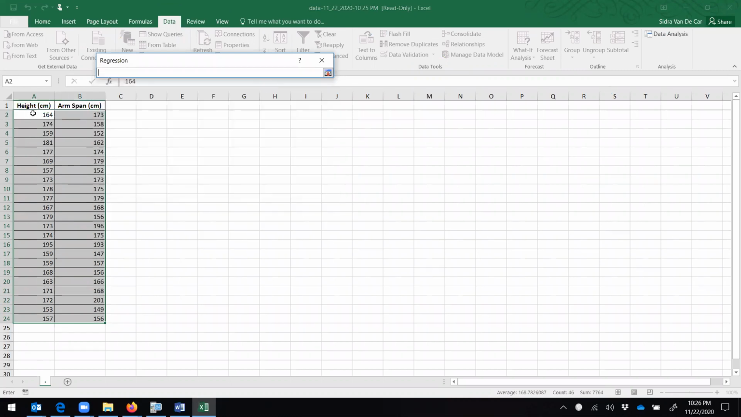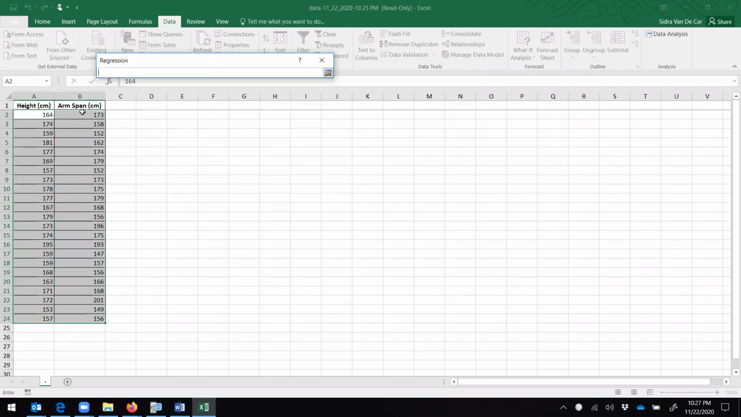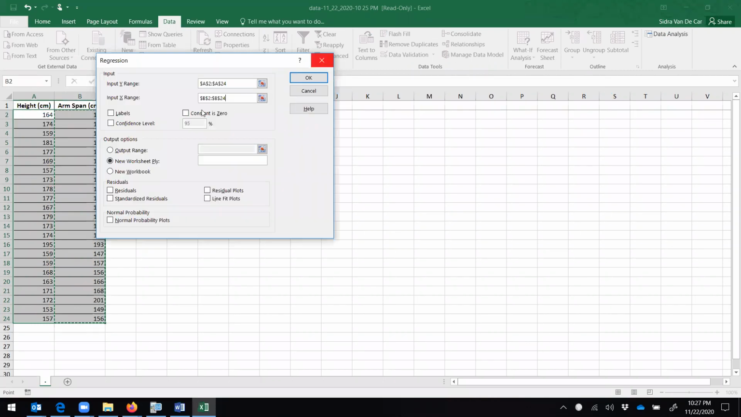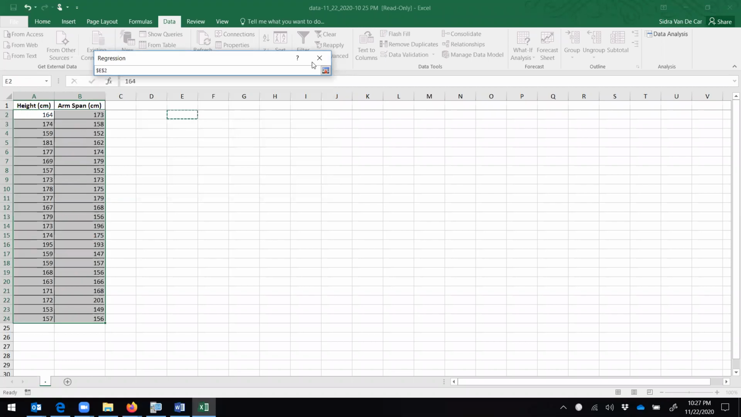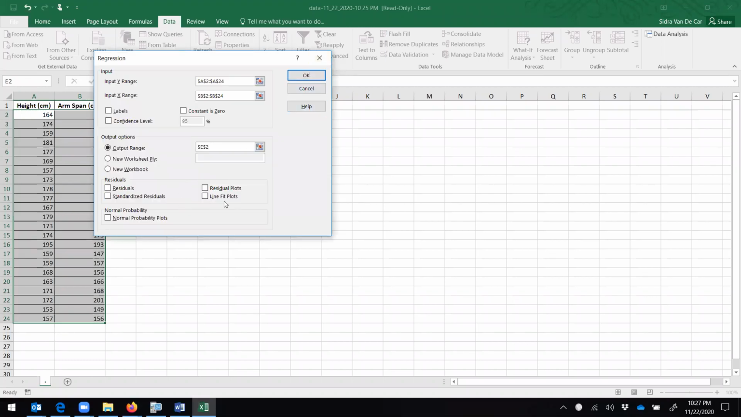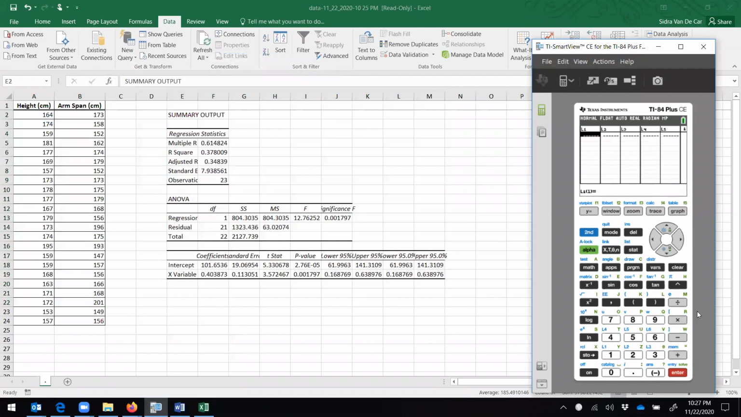Yeah, so my input would be height, and the other input would be arm span, like that. And then give it an output place here. And that's good. And it gives you your regression right here. So that's a really fast way to do it, but I'm going to show you how to do it on your calculator. So we're going to put in the data,